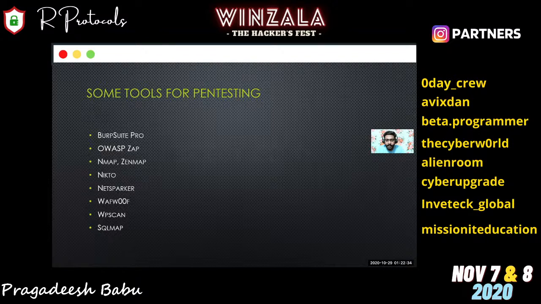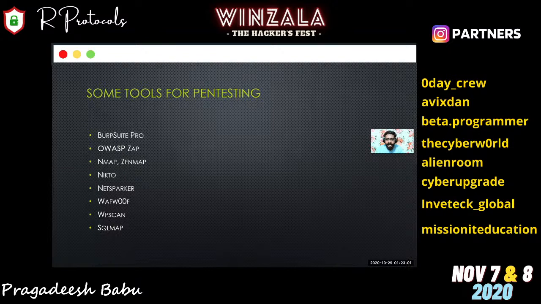Some similar tools are Nmap and Zenmap. So Nmap is also a tool which is accepted by most of the companies. And Zenmap is the same tool as Nmap, but Zenmap is a GUI tool. Nmap is a command line based tool, CLI based, but Zenmap is GUI based. So it has buttons and text boxes and everything else.